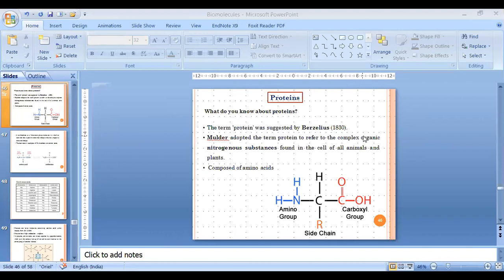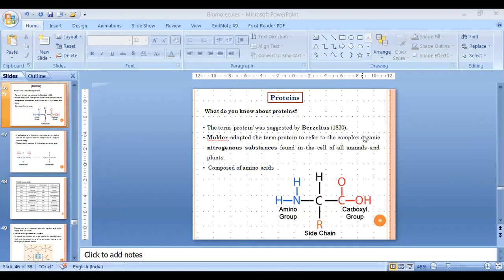But when and how was it discovered that there is such a compound, a biomolecule, a macromolecule, that we will call protein? Why will we call it that? Obviously, that is the question. So why was it called protein? Something like primary, the compound that was found first. Such a molecule was observed in 1830 by a scientist named Berzelius. He put forward that yes, there is something that we call protein.